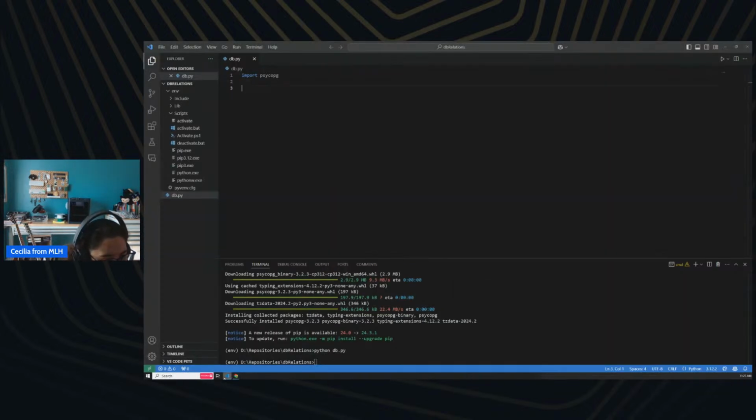So let's go ahead and open up Visual Studio Code. I've already done some setup, which was that I set up a virtual environment and that I pip installed the psycopg library, which has a little bit of nuance here. But in order to,